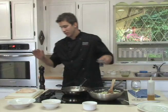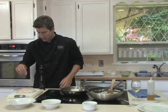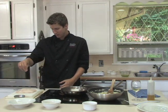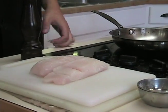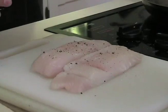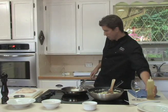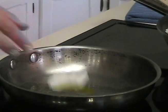I've got our halibut sitting right over here. Beautiful halibut fillets. It's in season right now in the springtime. A great choice if you're a fish lover. I'm going to season it with some salt, fresh cracked black pepper. I've got a nice hot saute pan here going. I'm going to throw in a little olive oil, a little bit of butter for some flavor,